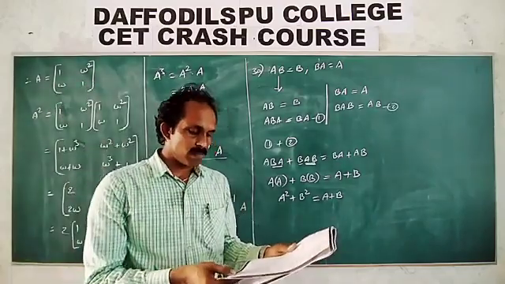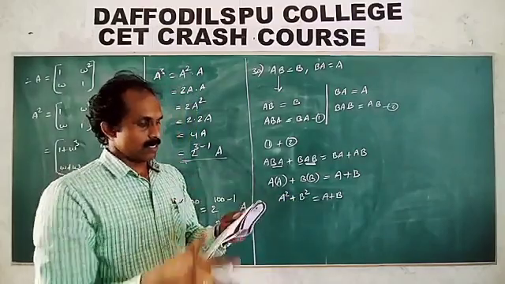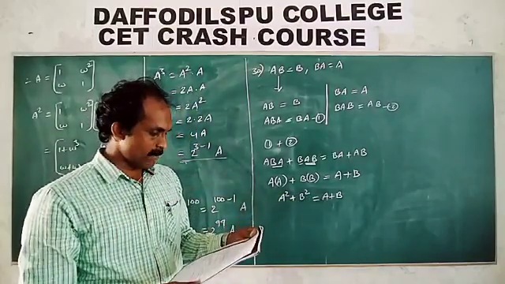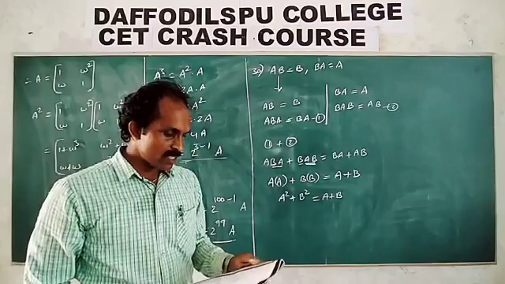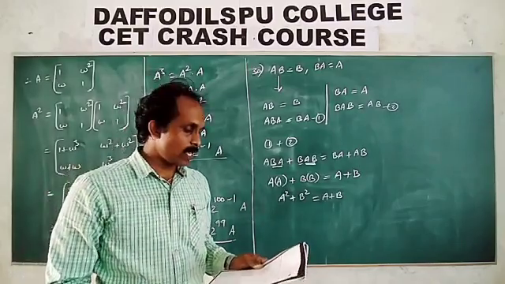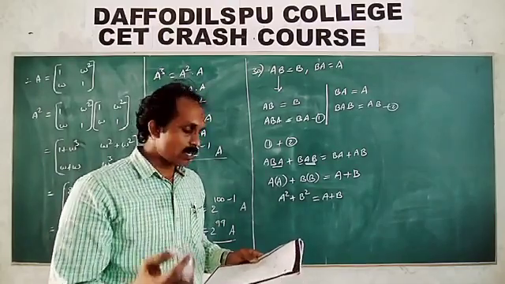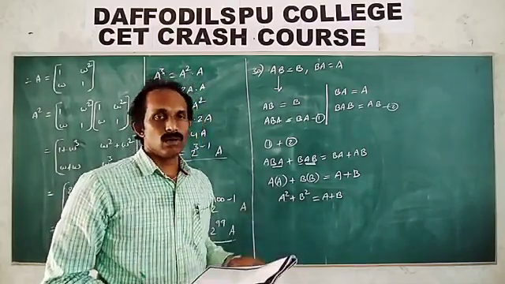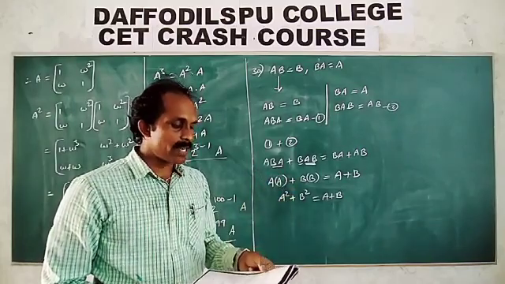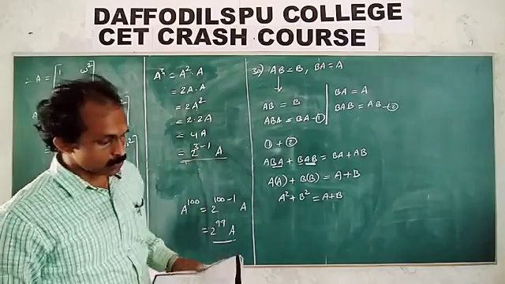Question 31, do it as homework. Same applied, like the mathematical induction model. Next, 32 is also the same, like that. We'll check A square and A power n value given. Find A square value and A cube value given. From those two values you find out the remaining, what is the A power n value, like this one over here. Otherwise, as in the previous problems.